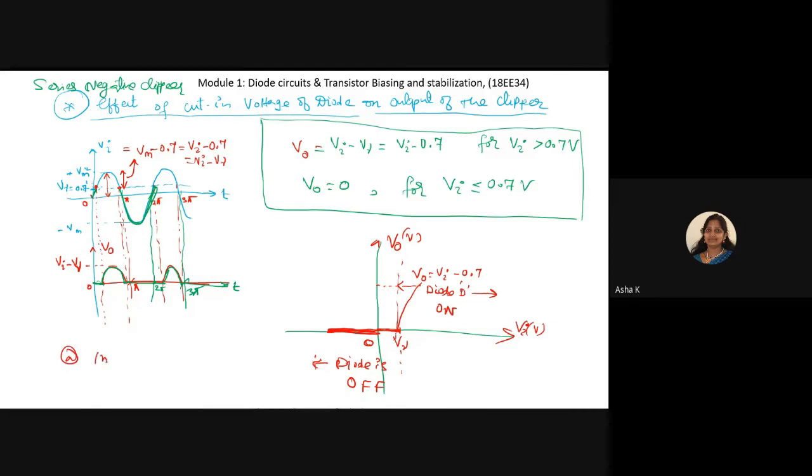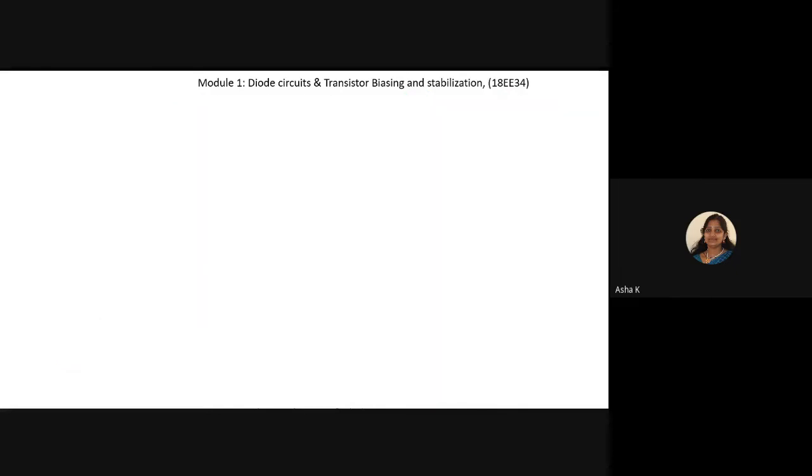This figure we call the input output waveform. So start copying this input output waveform. The circuit remains the same, the previous circuit only, hence I have not written the circuit. So figure A is the input output waveform, and figure B is the transfer characteristics curve.